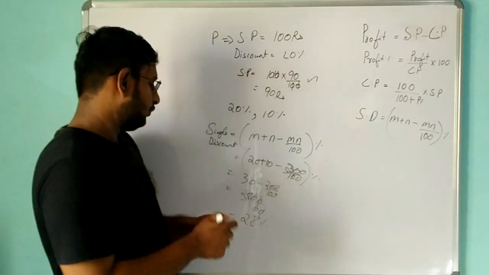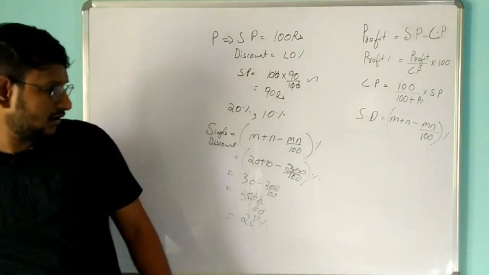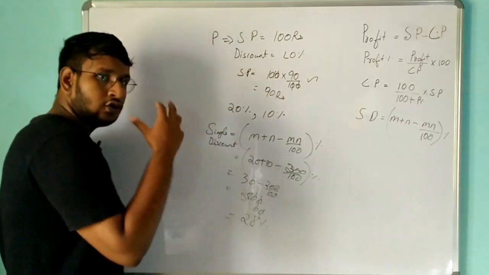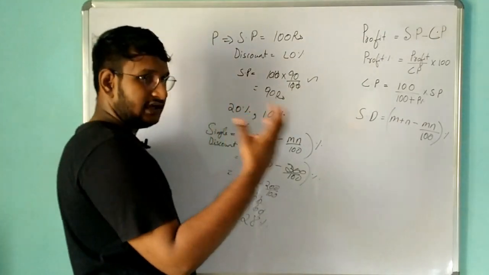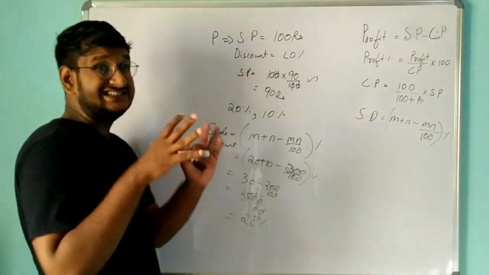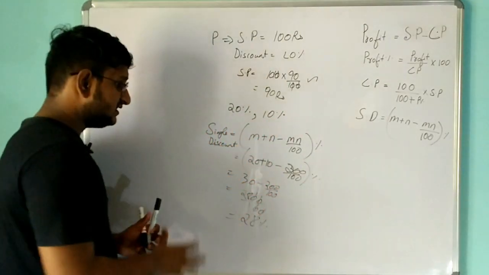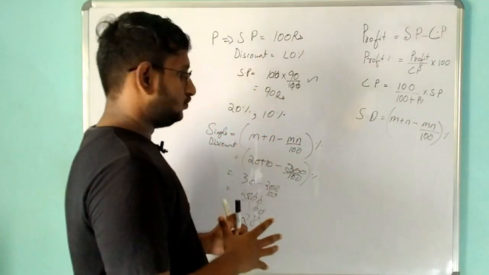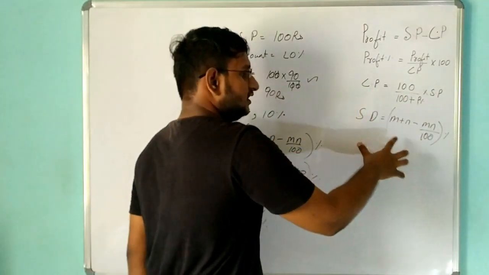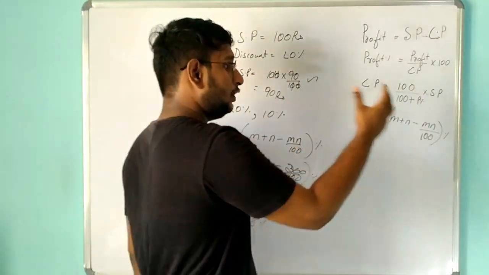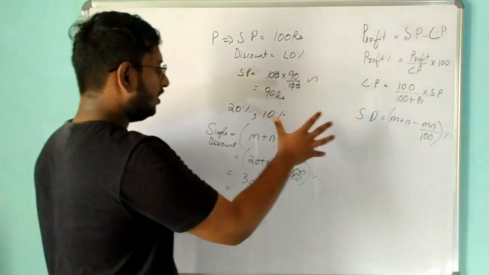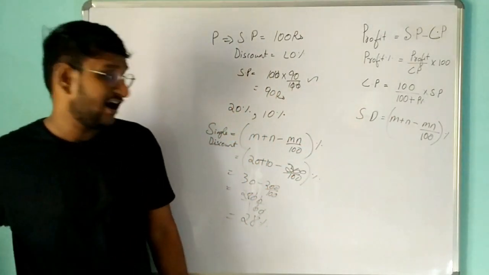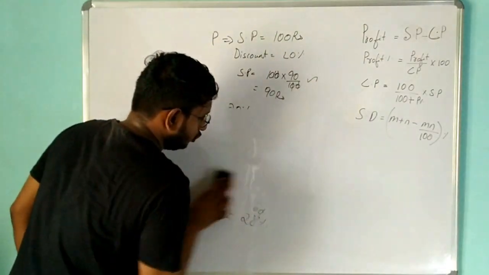So this is the example for that. If the question says there is a successive discount of 20 and 10 percent, or 20 and 30 percent, and they ask us to find the single discount percentage, then we have to use this formula and calculate the single percentage. Take a note of it: m plus n minus m into n divided by 100%. So this is what single discounting actually is. They will give a successive discounting and we need to find a single discount percentage.